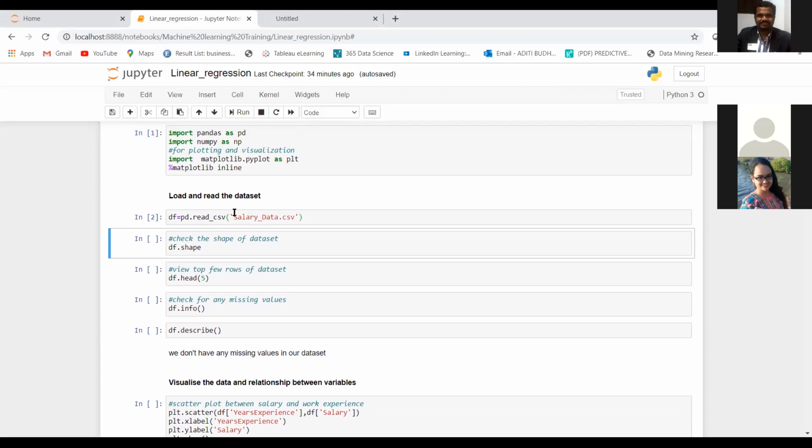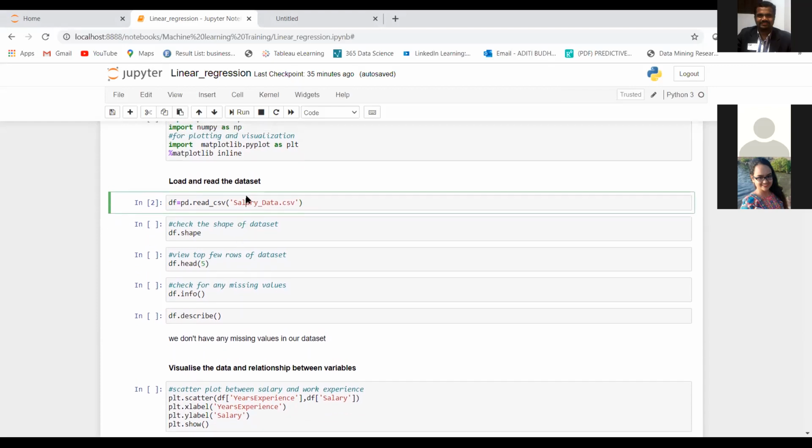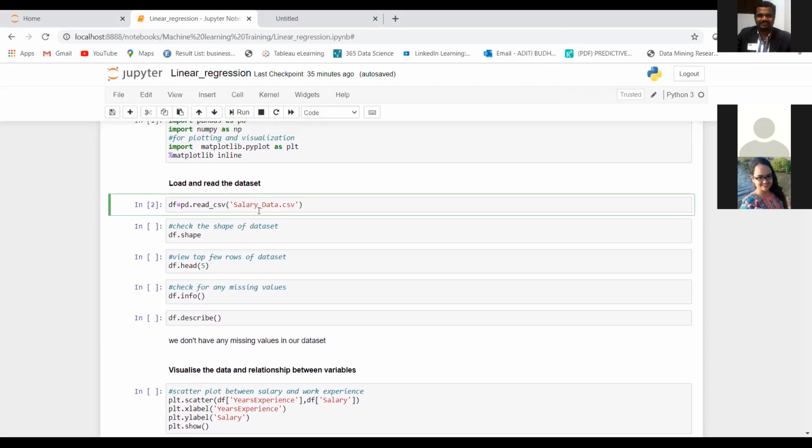So you can do that and add the path for your file over here. And if you have already uploaded your data set in the Jupyter notebook, you can just write the name as I have written and just load it.